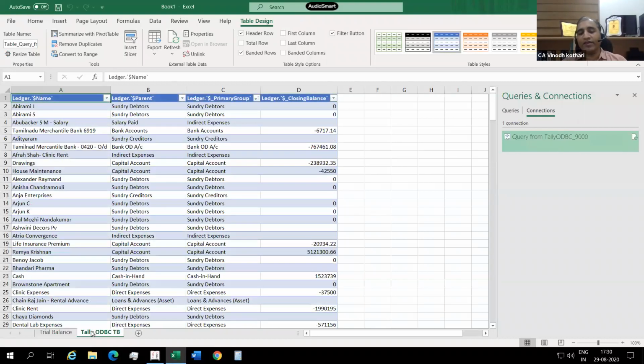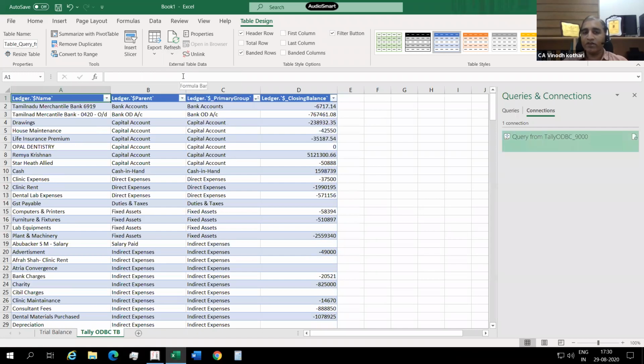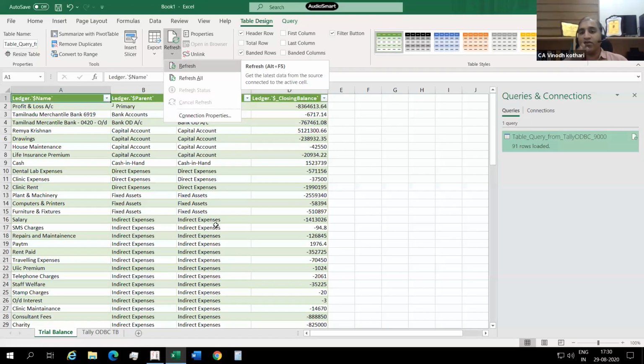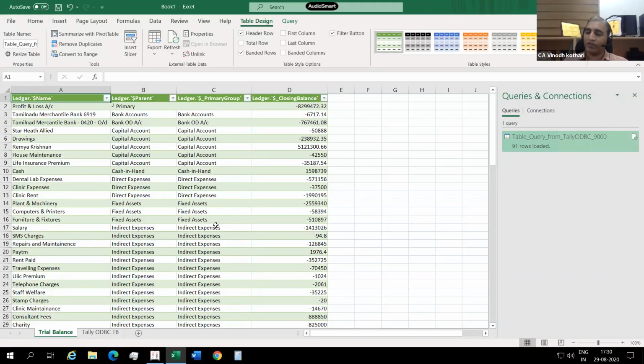So next time, what I have to do is update the data and select refresh. What will happen is, you can see here, the refresh method: 0 has come, up and down has come. We have done the filtering, everything has been changed. Now if you see, the same process is automatically done. You just need to select this data and refresh, and that process is automatically updated without you manually doing these steps.